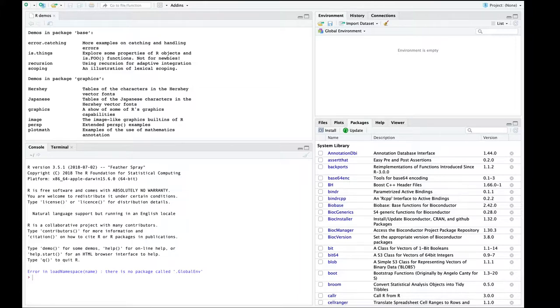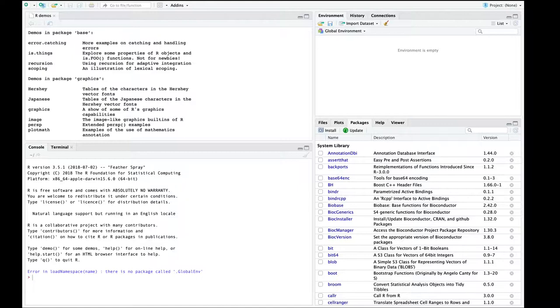This is the GUI, or that graphical user interface that I had mentioned earlier that you're going to be used to working with R. Just a quick introduction here. On the top left hand corner, you will see that you have demos. These are data sets that you can always import. They are native to R, so you don't need to be online in order to download these. On the bottom left, you will see the console, which is where you're going to be scripting in R, and it also gives you a tab to work with your terminal as well